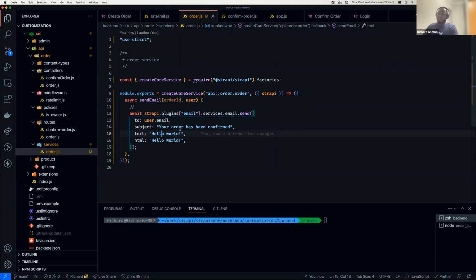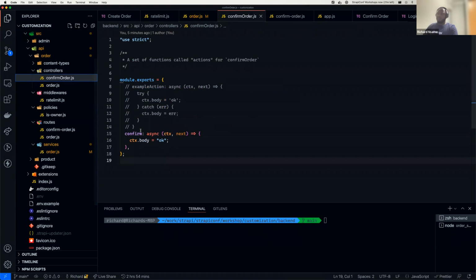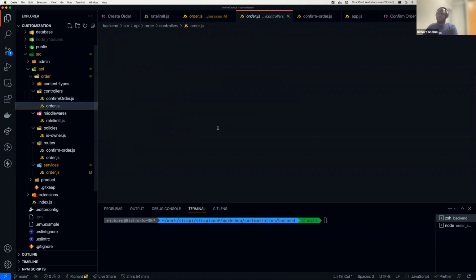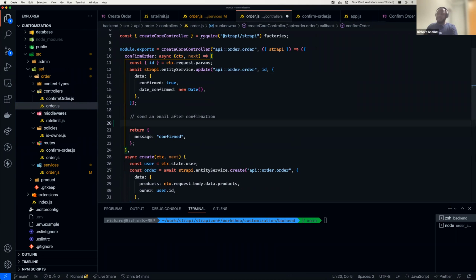For this particular case, I don't really have to do that. You take in values like the order ID and stuff like that. But if you went back to your controller, here called confirmOrder, I talked about sending email. So what you would do is something like